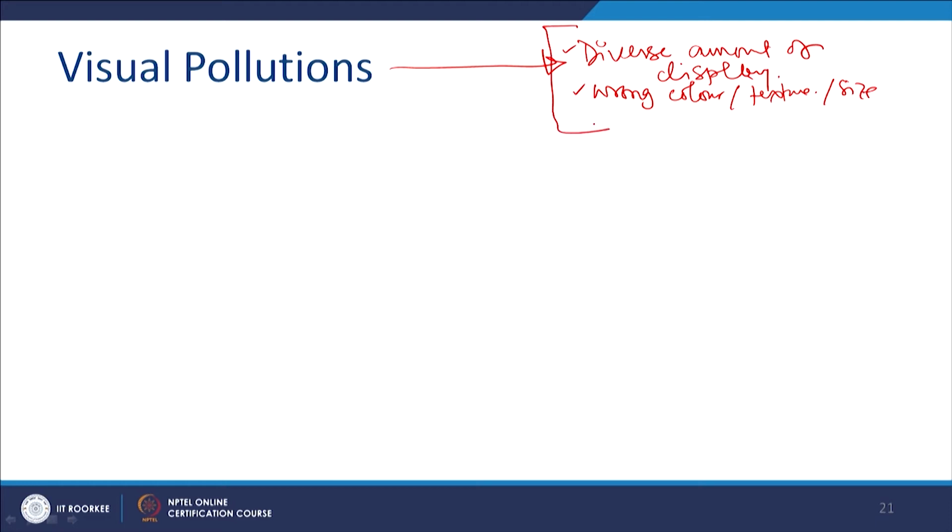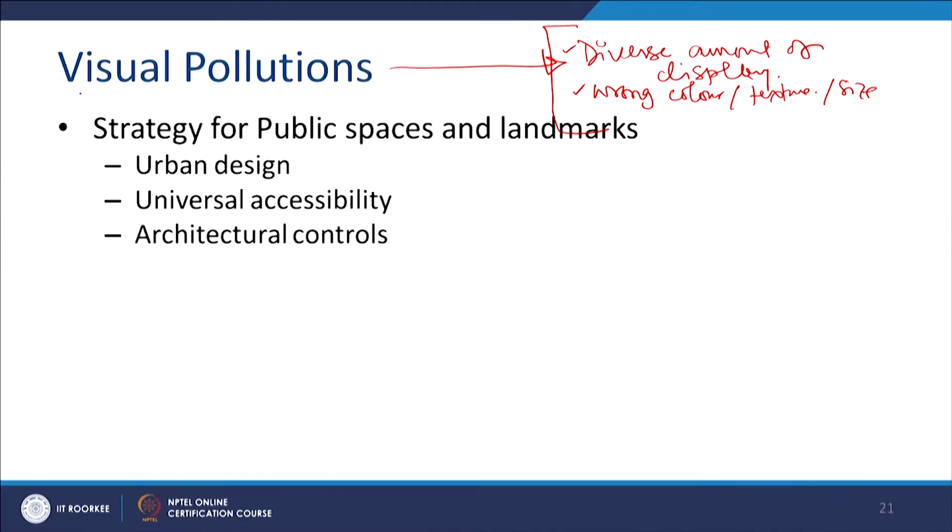This is found when there is no control and no strategy at the city level to select appropriate display size, categories, its color code, everything. So, this we can avoid if we plan for the displays and the visual elements, we can plan the urban design for the city places in a better way, and we can make the city beautiful. So, these are the actions required to avoid visual pollution.